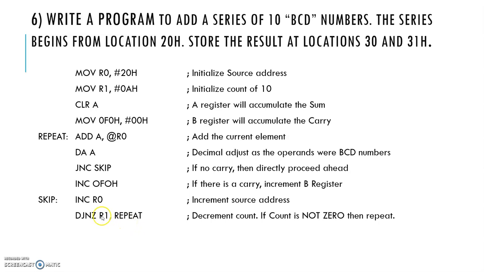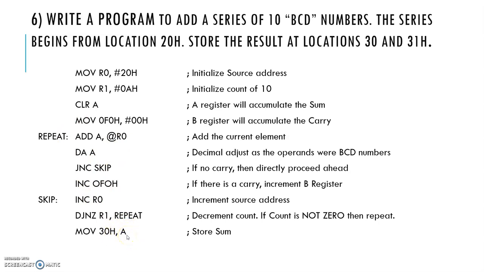So the count is decremented. We need to decrement the count till it becomes 0, so that the loop executes for 10 times. So decrement the count and repeat the operation from here till the count becomes 0. That is, decrement the count. If the count is not 0, then repeat it till the count becomes 0, so that the loop executes for 10 times. So now after executing the loop for 10 times, the result, that is the sum, will be